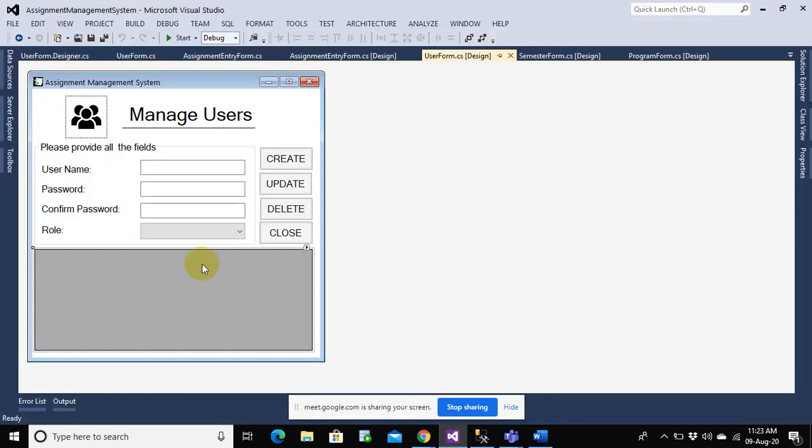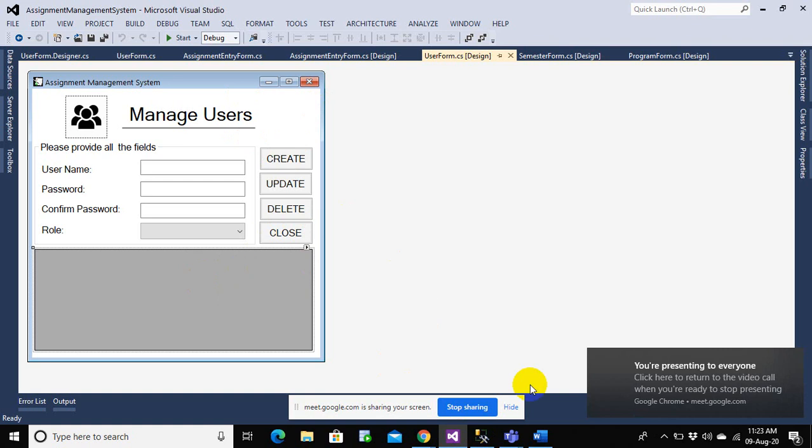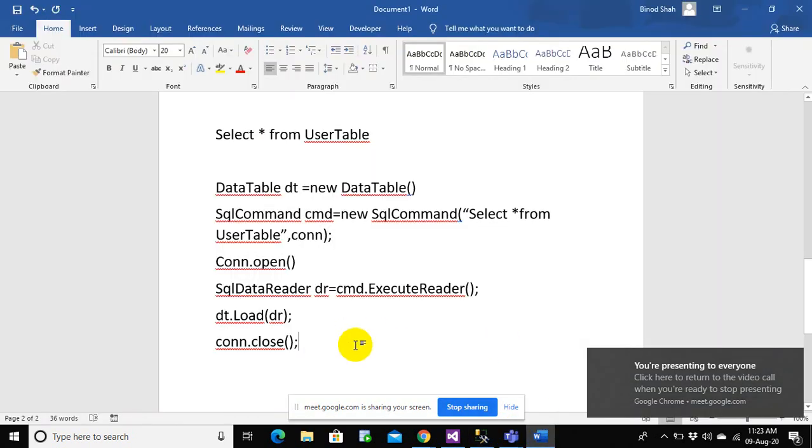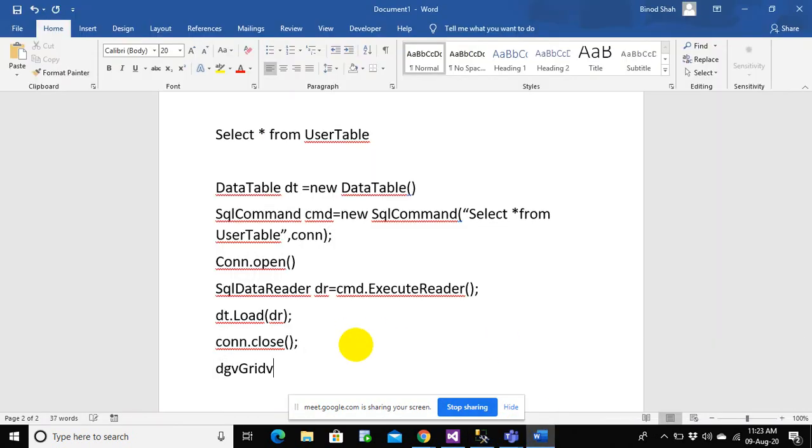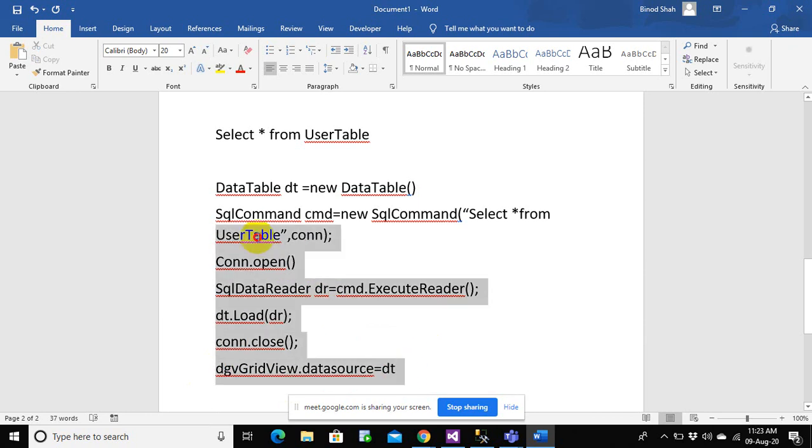So you have a grid view and you have information in the data table, but we want to bind it to the grid view. So let's see how I can bind it. I can bind it by using the data grid view name, the DGV, dot DataSource, and this is equal to dt, because dt contains all the information of the users. If you do this, all the information from dt is directly bound to the data grid view. So I hope you don't understand this, because this is not easy to understand.